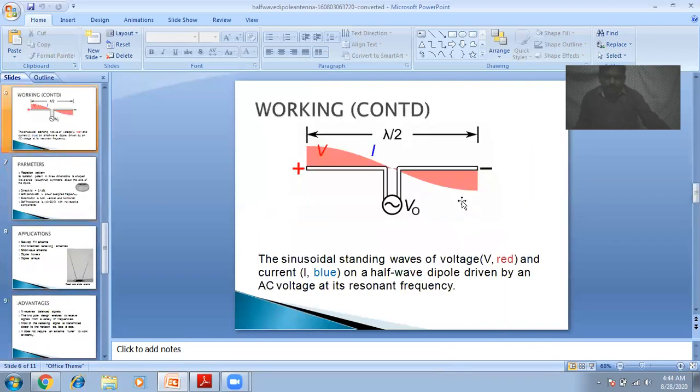So coming to the picture of this one. In order to feed this antenna, we require a balun. It means normally a coaxial cable, if you see, is an unbalanced transmission line. Okay, so we cannot connect the coaxial cable directly to this half wave dipole antenna. It is because it is an unbalanced transmission line, but the antenna requires a balanced transmission line. It is because it is fed at the center. So since it is a center fed antenna, a balanced transmission line must be connected here. So our coaxial cable will not be connected.